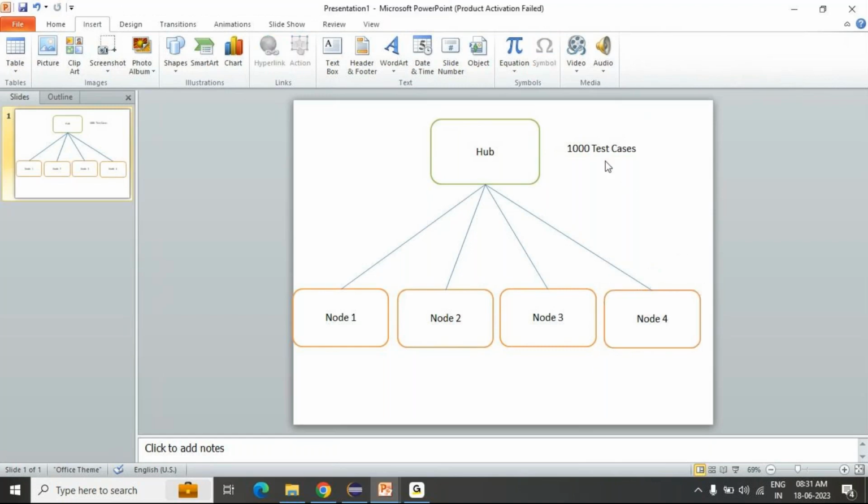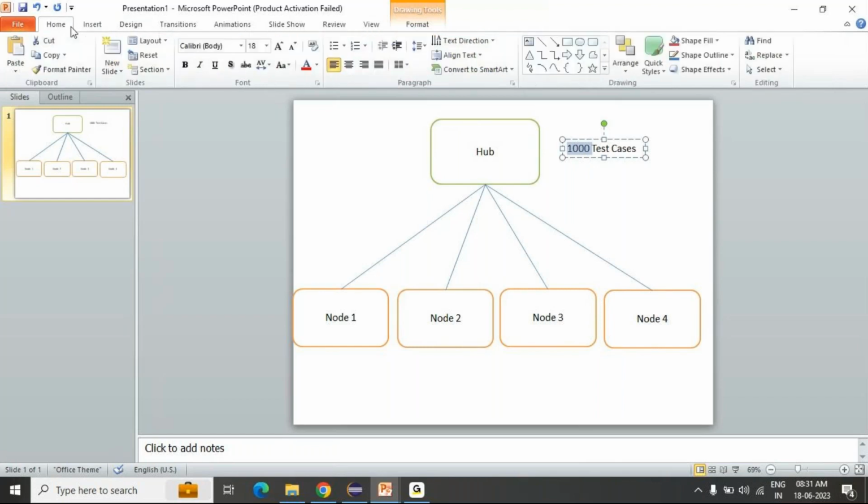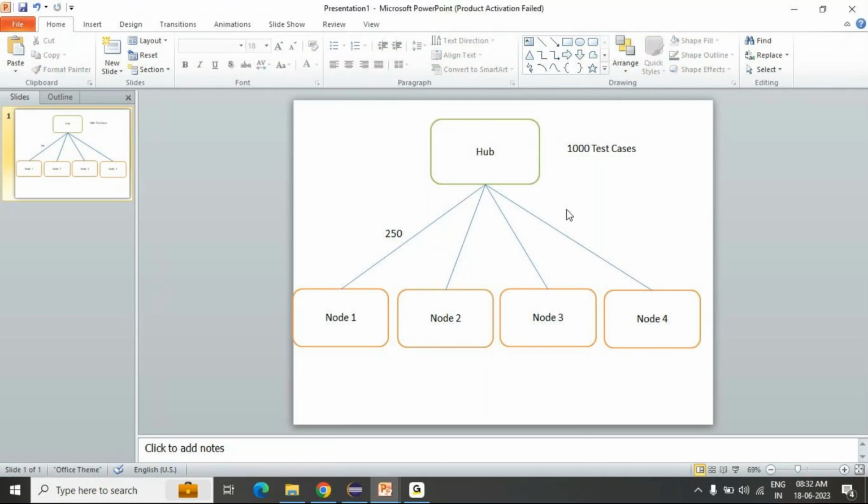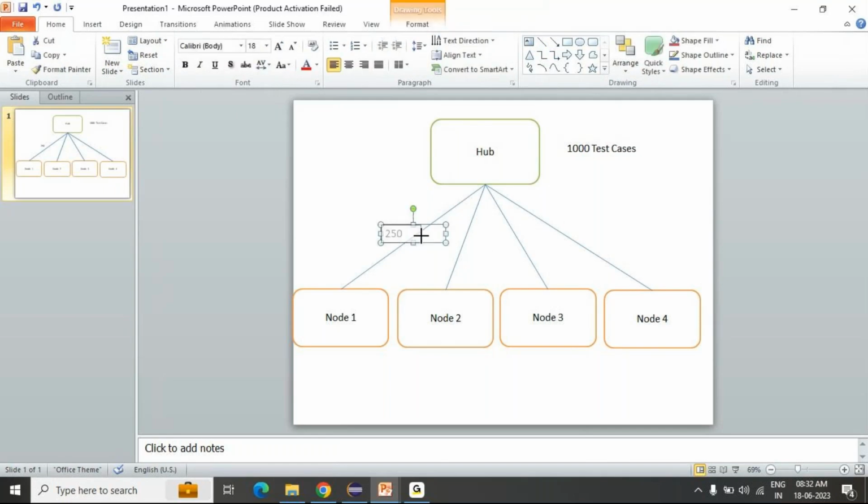Then it will take the 1,000 test cases and divide by the number of node machines configured. 1,000 by 4, that is nothing but 250. Then the first chunk of 250 test cases, that is nothing but the first set of 250 test cases, will be passed or distributed to the first node machine. Similarly, the second chunk or second set of 250 test cases will be sent to node 2, and the third set will be sent to node 3, and the fourth set to node 4.